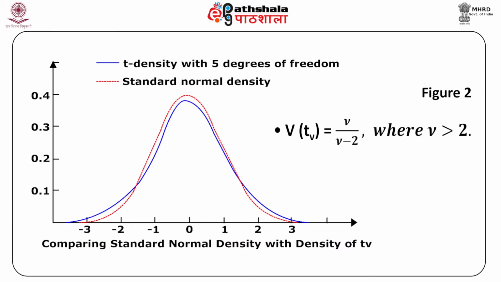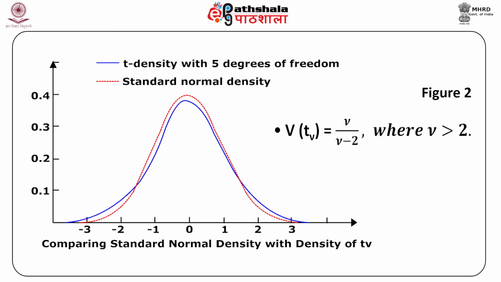You can observe that each t nu curve is centered at 0, suggesting that the expected value of t nu is equal to 0. We can also see, and we have seen earlier also, that each t nu curve is a bell-shaped curve and symmetric about its mean, which is 0. Thus it indicates that the probability that t nu is greater than or equal to 0 is the same as the probability that t nu is less than or equal to 0, and is equal to 0.5.